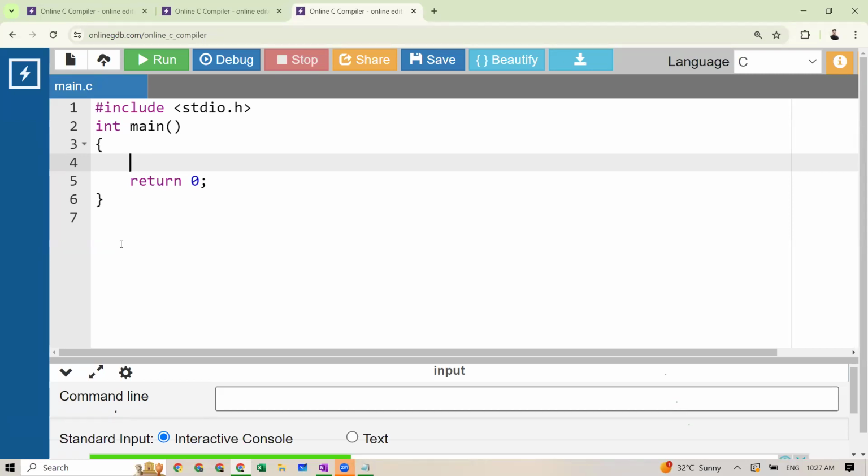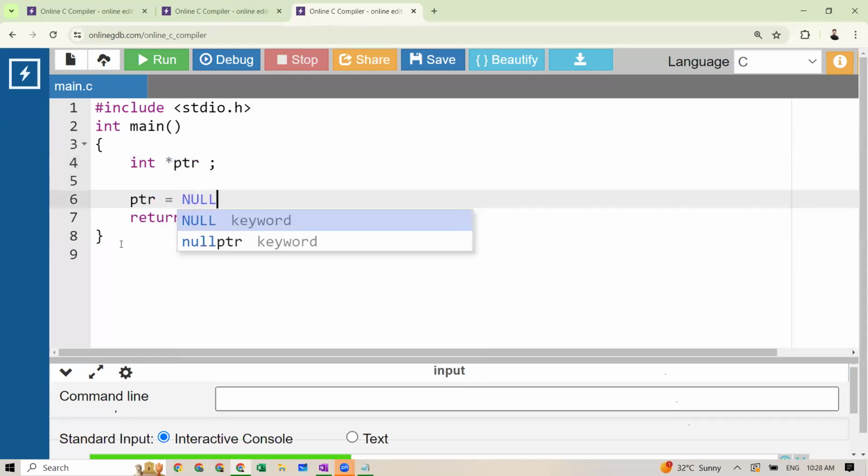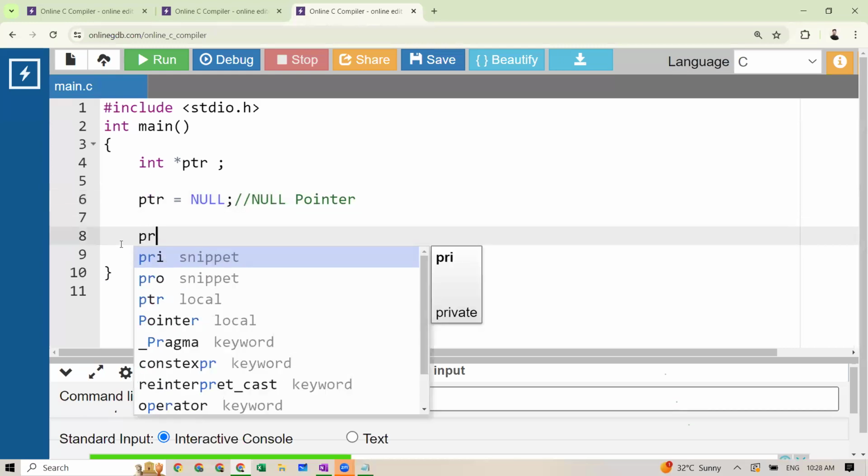Points to null, no value. There is a value null. So we declare a pointer int star ptr. In the ptr you assign null. Then it is called a null pointer. Even if you print